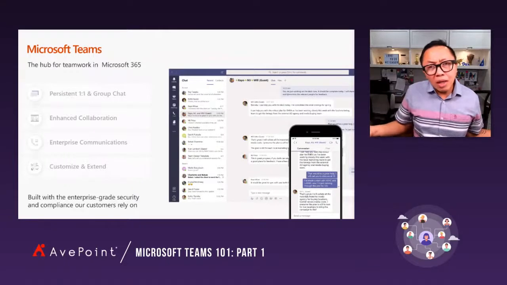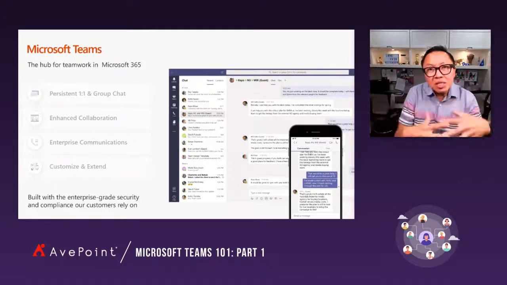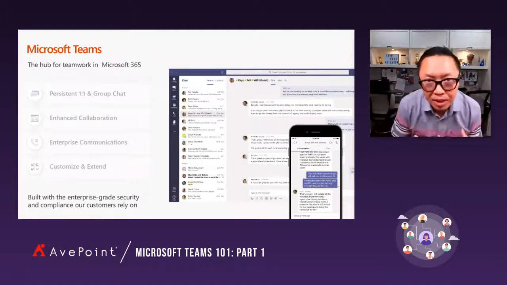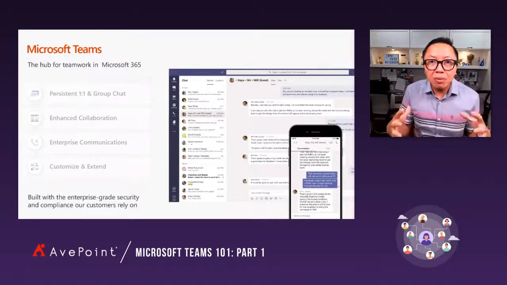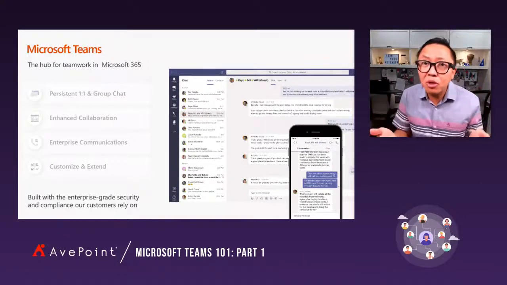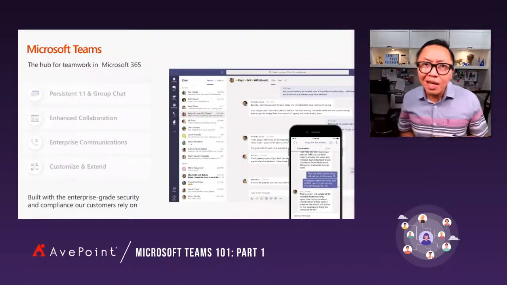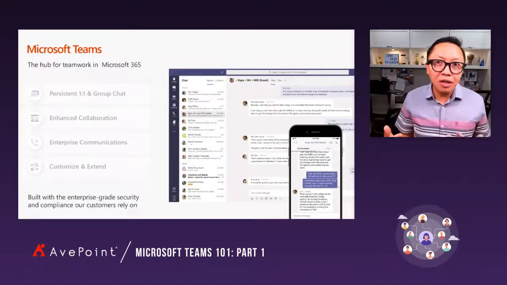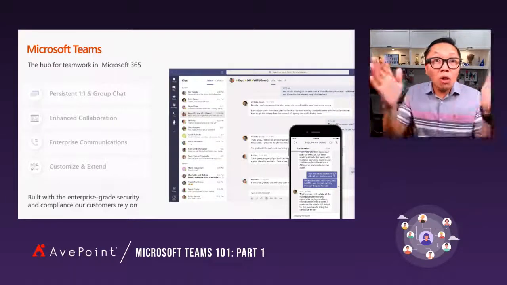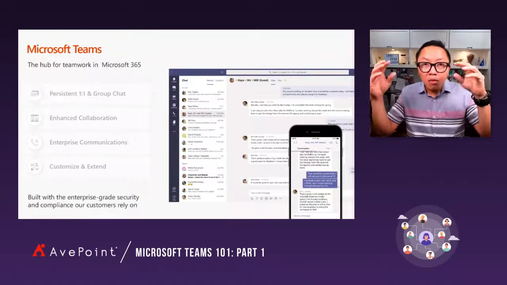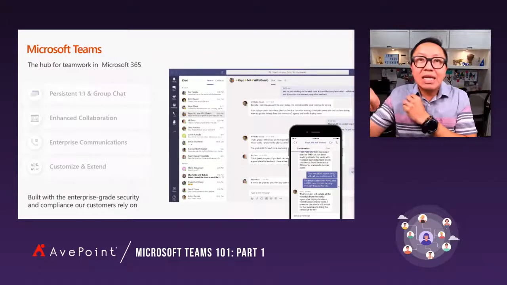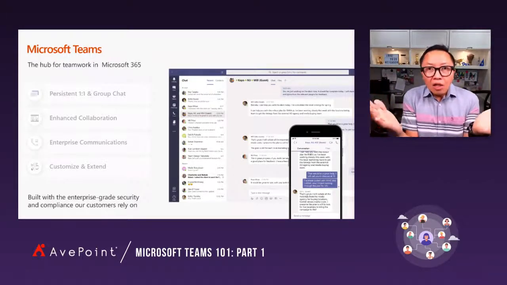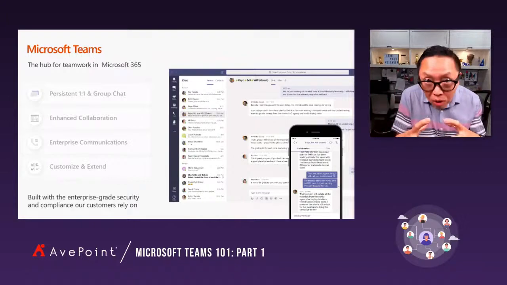So what Microsoft thought about is, what if we bring everything into a one-stop shop so an entire team can work together, and regardless of the mode of working, it's still in that one place. And that's what Teams is all about. So sometimes when people say, oh, Teams is a replacement for Skype, well, it's true. It's also somewhat a replacement for SharePoint. It's also somewhat a replacement for Slack. So it's all of the above, right? So we have to move away from that one app per need mindset to this broader technology that can help us when we work together.